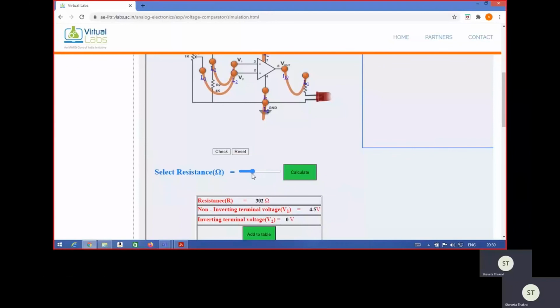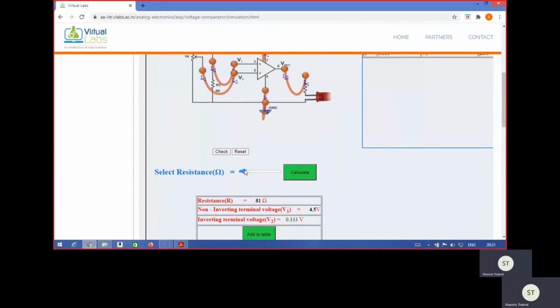So how we are going to perform this? Like the slider, we are putting to low value. Initially it was 0, so let's put it at 37 ohm and calculate the input voltage. So input voltage we can see here 0.333 volt, and the reference voltage is 4.5 volt. So this comparator is comparing these two values, so we can add it to table, and based on the comparison the comparator is generating the output voltage. So later on we will see in the experimental table what is the effect of input voltage when it is compared with the reference voltage in terms of output voltage.